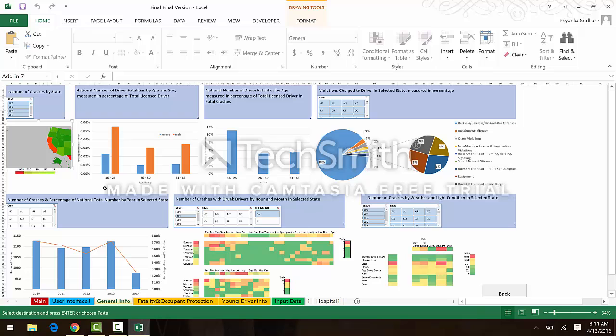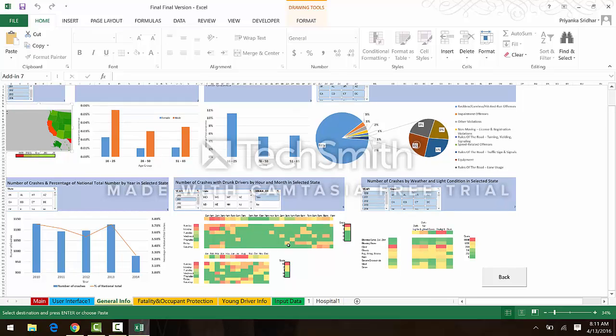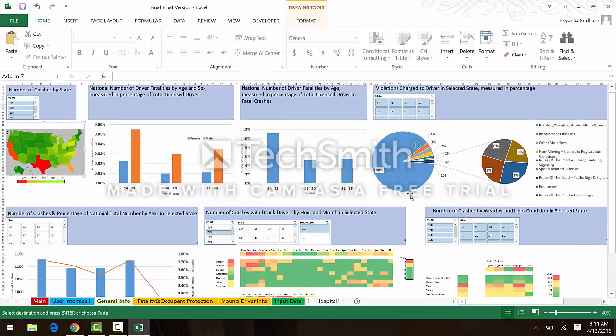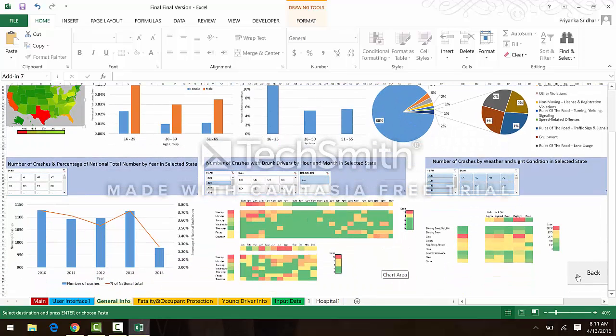It gives you a very broad perspective, number of crashes per state to something more granular, like number of accidents with drunk driver by hour and month in selected state. This general accident information tab consists of dynamic and static charts, allowing the user to compare and contrast between various dimensions. If you click the back button on the top of the screen, it will take you back to the